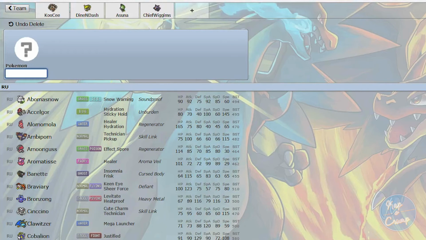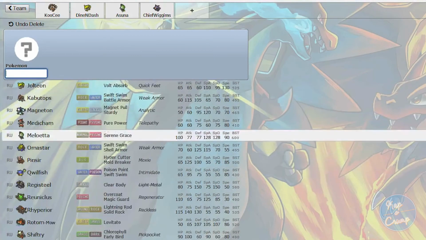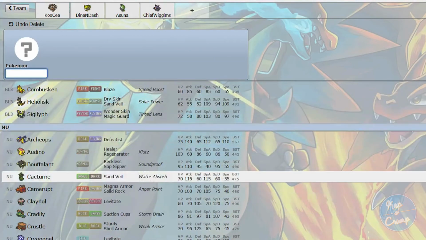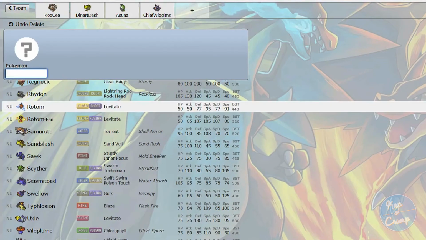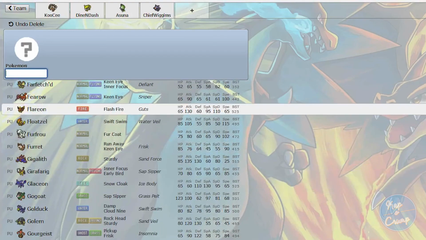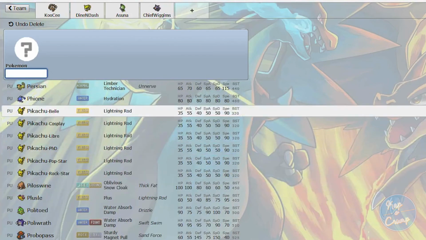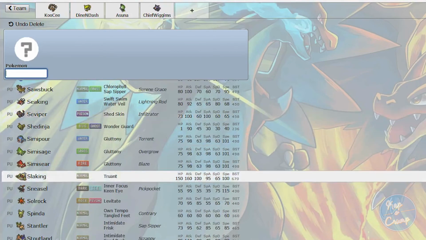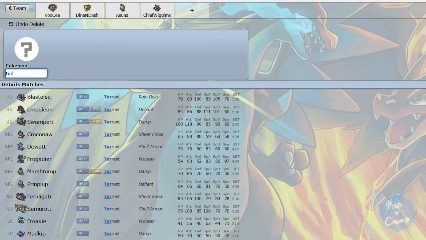And let's see, who else would I want to bring? This guy's actually blanking my mind. I did know who I wanted. Okay, who was it? Who were you? What Pokemon were you gonna bring in? It was the Torkoal. I needed a defensive Pokemon really bad because